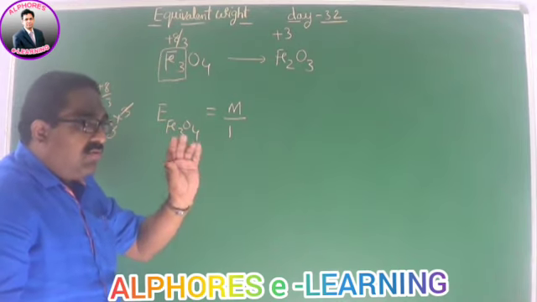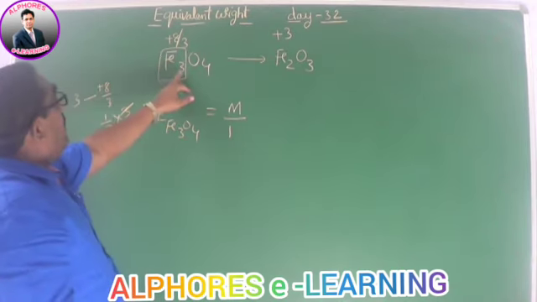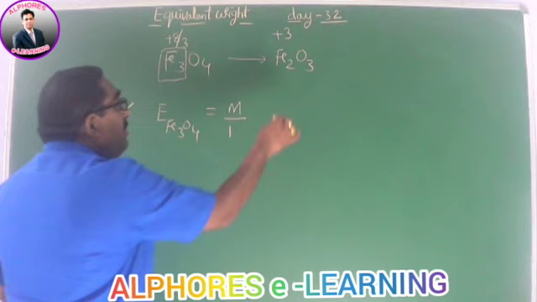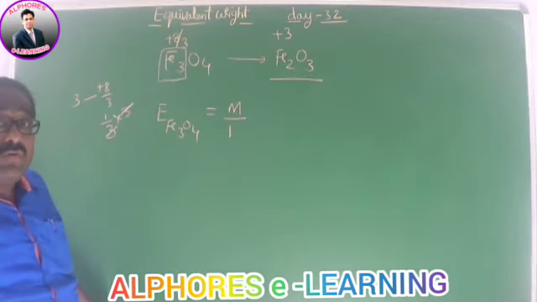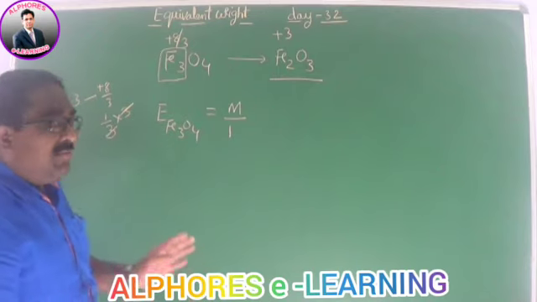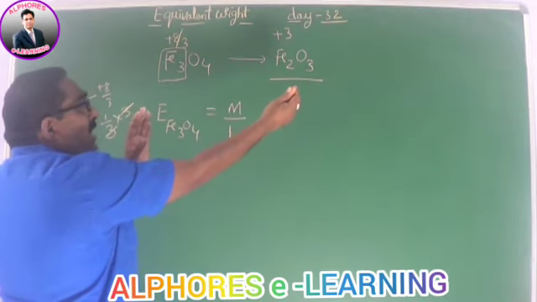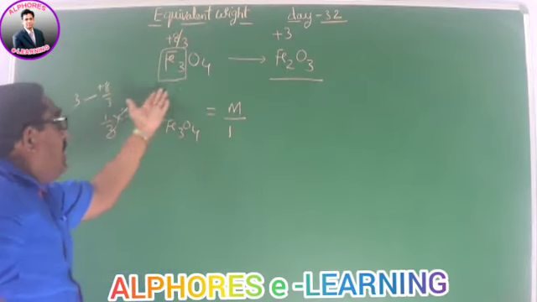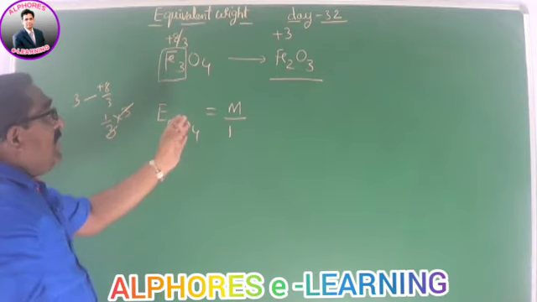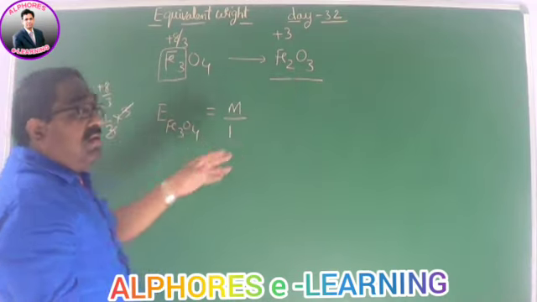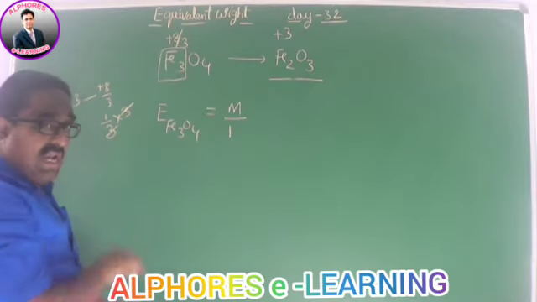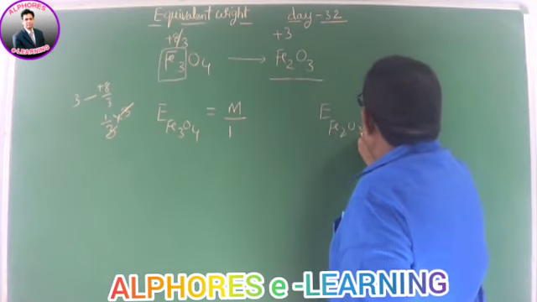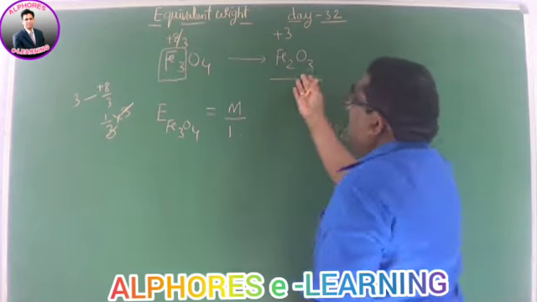See, they will confuse you in the examination. He will give this reaction and ask you to calculate the equivalent mass of Fe2O3. It means you have to find the N factor for the reverse reaction, that is Fe2O3 changing into Fe3O4. To estimate the N factor in such a case we have to consider the reverse reaction. Let me calculate the equivalent mass of Fe2O3 in this reaction, that is in the reverse reaction.